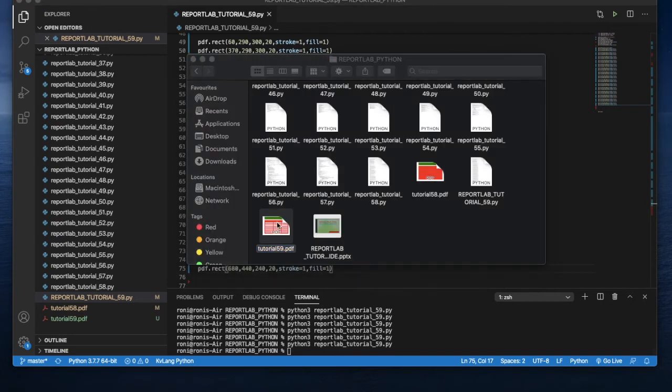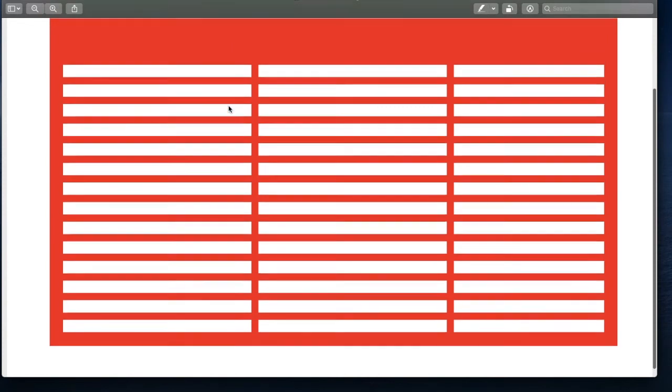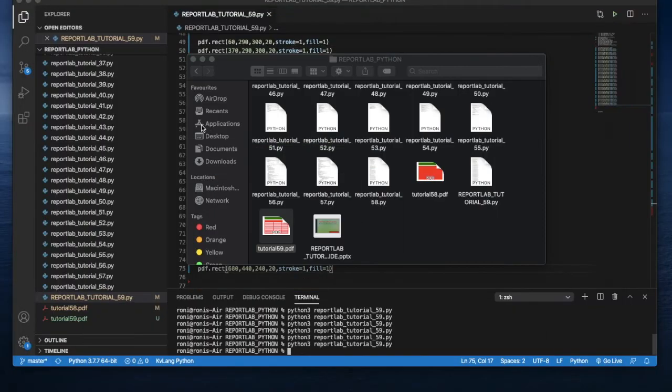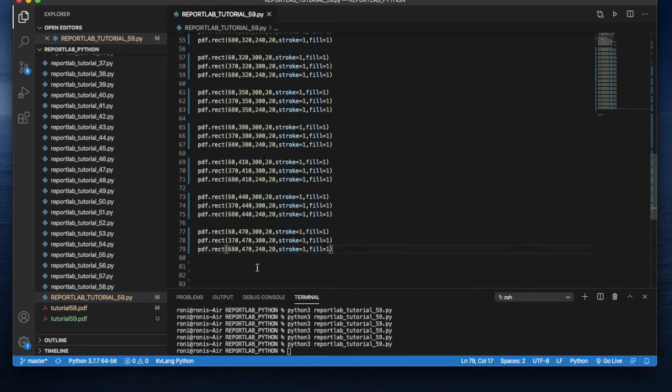Right, now what will happen? So 1 2 3 4 5 6 7 8 9 10 11 12 13 14. So we need to put one more, so that will be 470, right? As I told you, I'll be going to create total 15. So the last one will be 470. Okay,